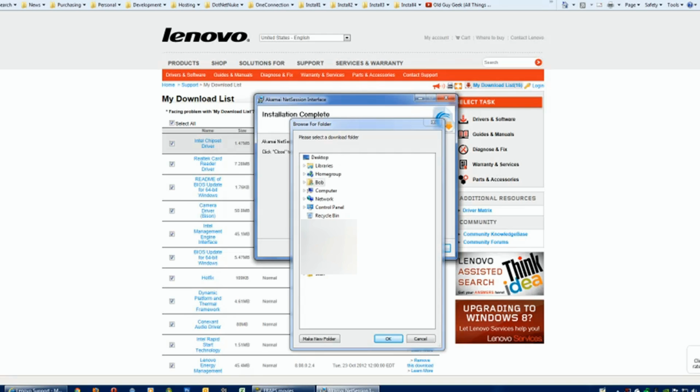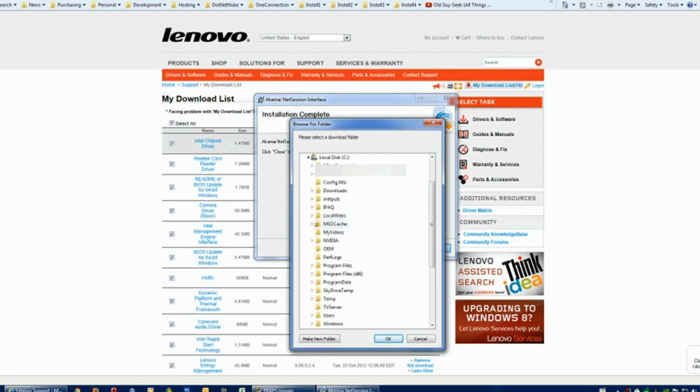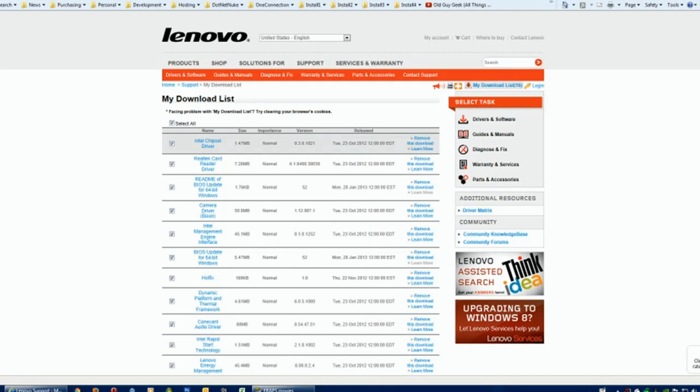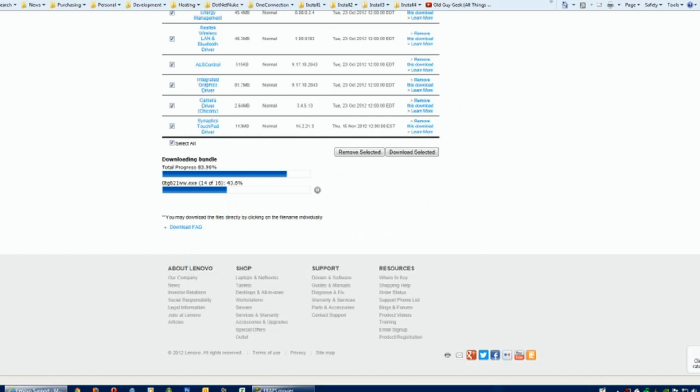First of all, it'll ask you where you want to put it. So you put it wherever you will keep your download folder. You should have a standard download folder that you keep for all your downloads, that way you know where you want to store things. When you go looking for it, you'll have them all in a nice little directory. I'm going to create one here called Lenovo, so I know that my downloads for the Lenovo are here. That's the standard process that I do for all downloads. No matter if it's games, driver updates, utilities, whatever, I keep them all in one location.